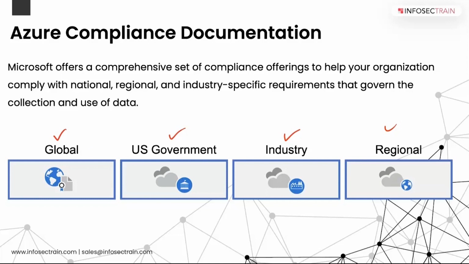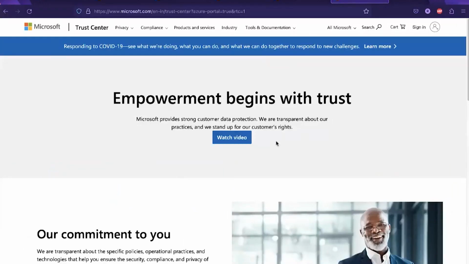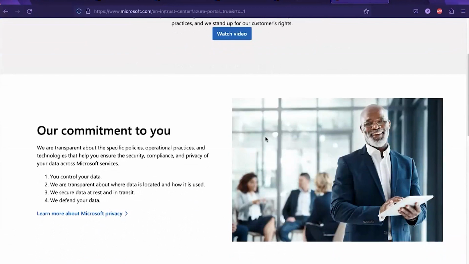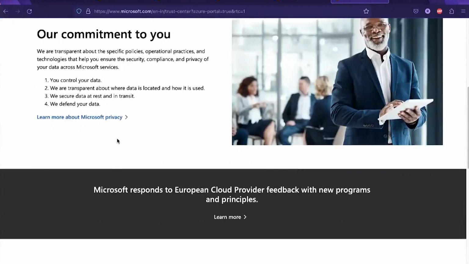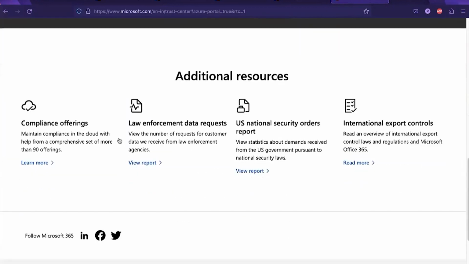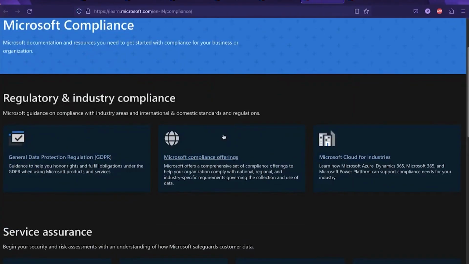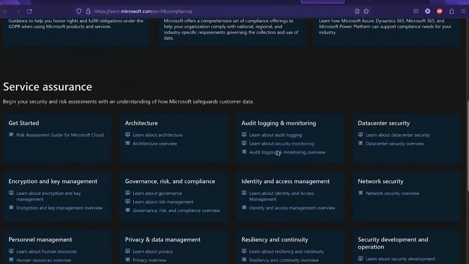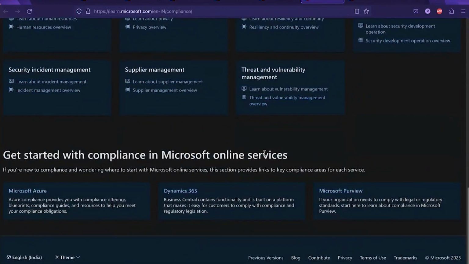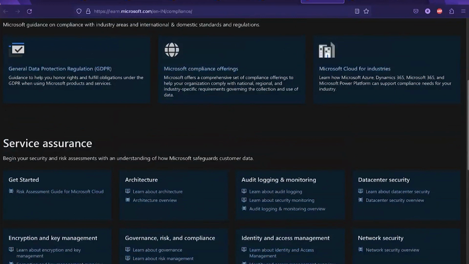So if I take you to the Trust Portal page, what is in there? Let me just show you. Okay, this is the Trust Center from Microsoft, their commitment to you. You can learn about Microsoft privacy here. If you want to see their compliance offerings, you can click on this button. It covers the whole services around the globe, identity and related things, Microsoft previews under this kind of thing.